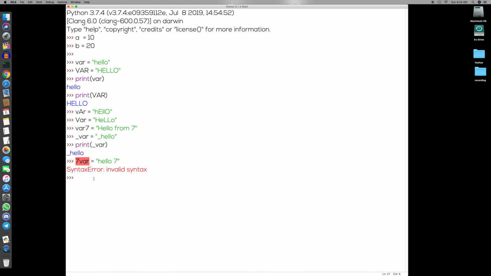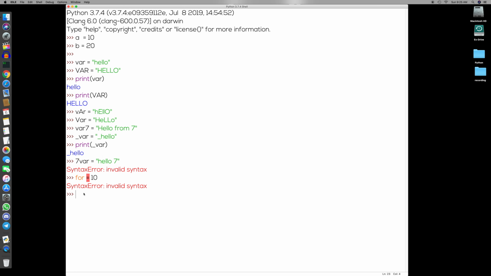We cannot use any keyword name as an identifier. For example, Python has a keyword called for. So there is a for loop, right? And if you want to use that same name for variables or any function or classes, any entity in Python, we cannot use it. Let's see an example. If I'm trying to use for as a variable name and assigning value 10, in that case Python will also give me a syntax error, called invalid syntax. So we cannot use any keyword as an identifier.